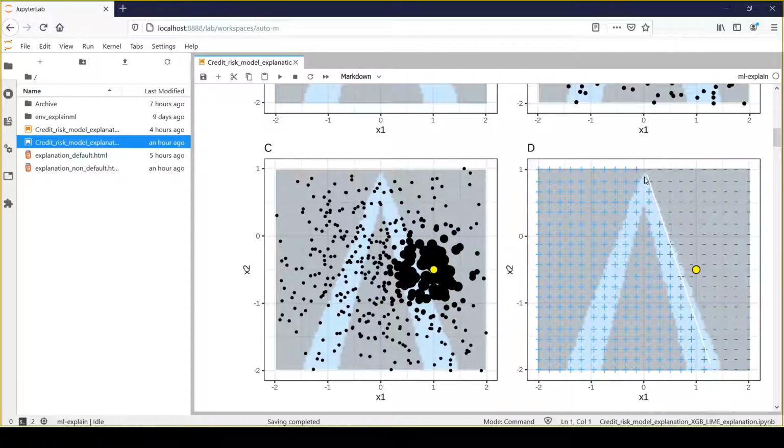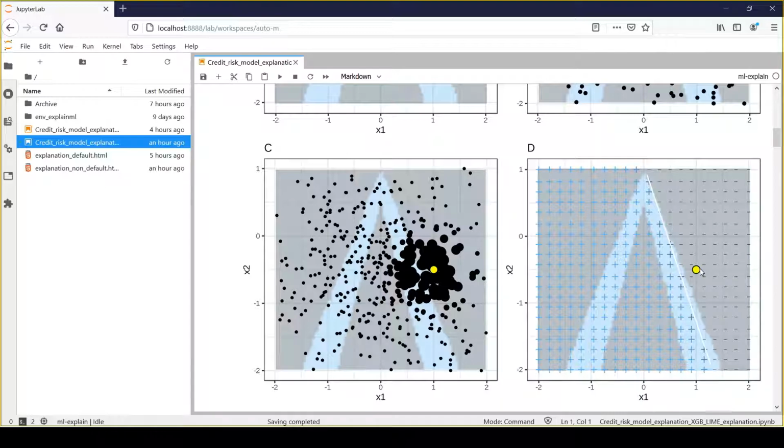The white line represents the simple linear regression model which clearly separates these two areas, between default and non-default data points, right? And this simple linear regression provides a model explanation for this data point, and explains the complex local behavior of my XGBoost model.